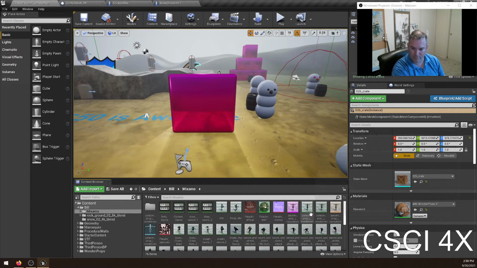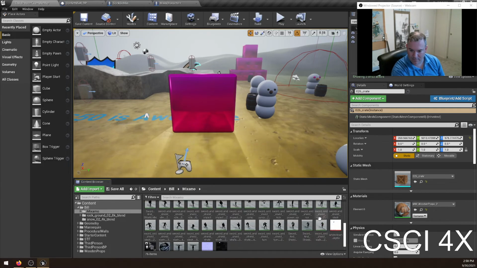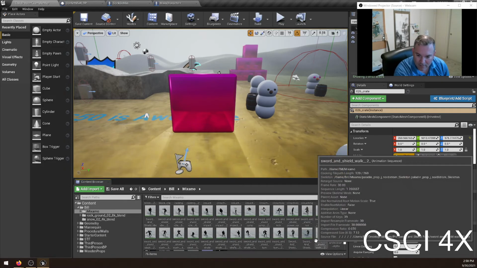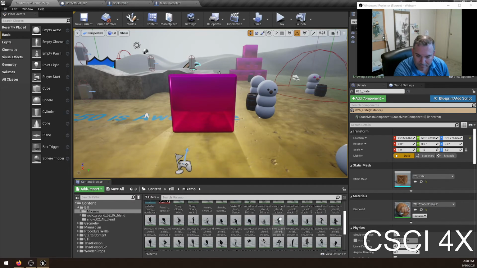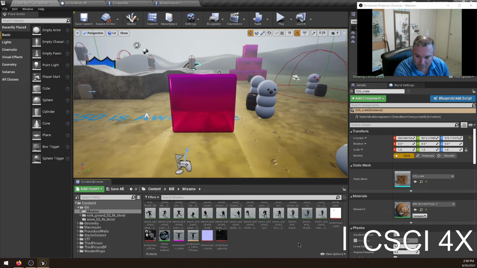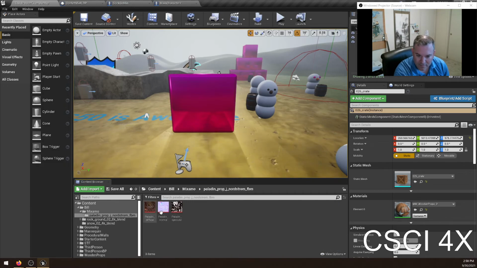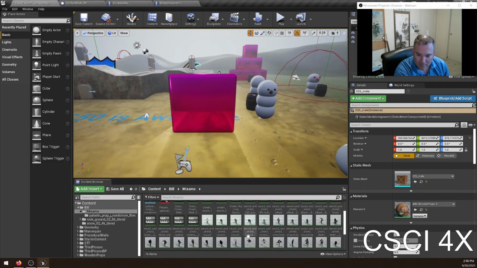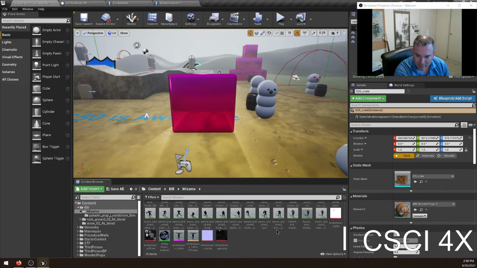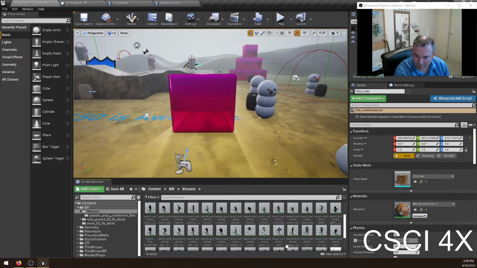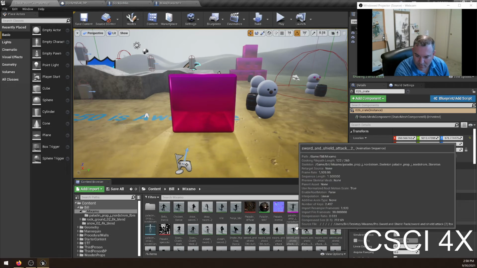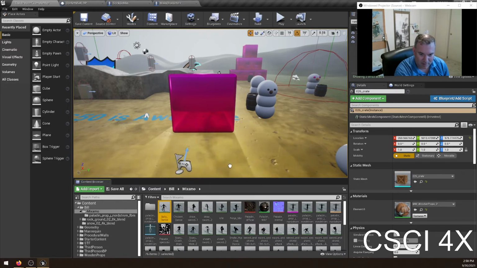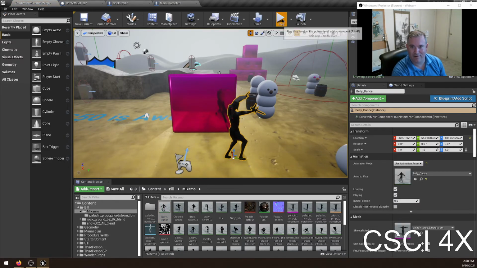So, have a death animation. I don't. I need to get some of those then. That would have been nice. How do I not have a death animation? I guess I just didn't import it. Okay, so when he dies, maybe we'll do a